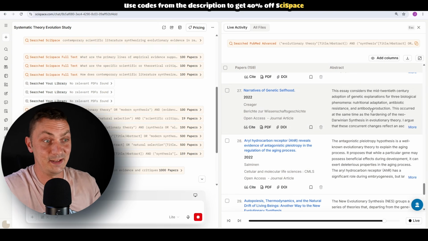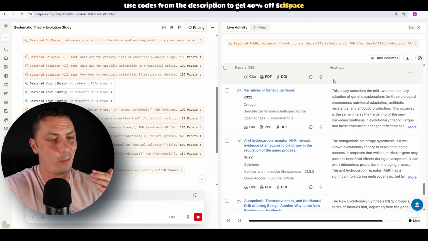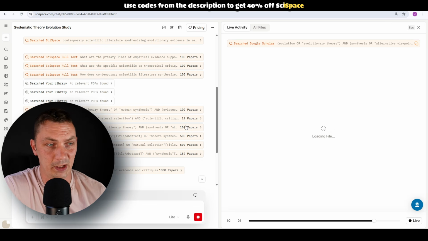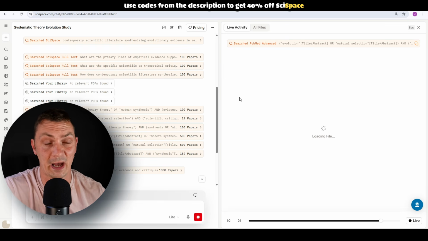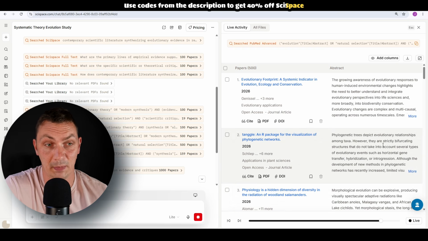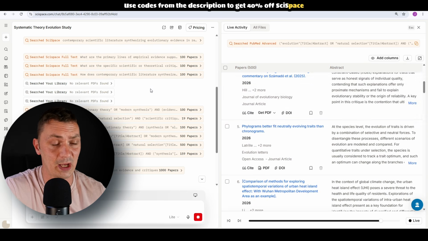Like I said, the easy way, or my lazy way, was to just focus on the final output, which has plenty of useful literature and plenty of useful sources anyway. But you can also click here on any of these stages where it's reviewing the literature. And again, you have access to hundreds and hundreds of relevant materials, each one with an abstract, each one you can interact with. So this is absolutely incredible.